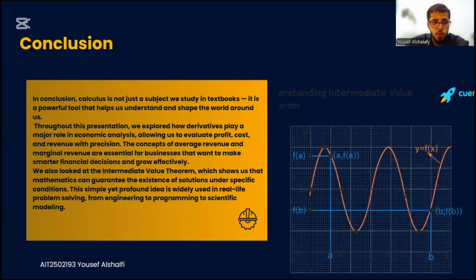We also looked at the intermediate value theorem, which shows us that mathematics can guarantee the existence of solutions under specific conditions. This simple yet profound idea is widely used in real life problem solving, from engineering to programming to